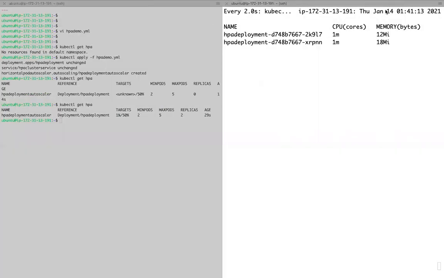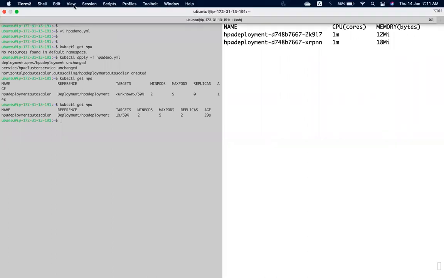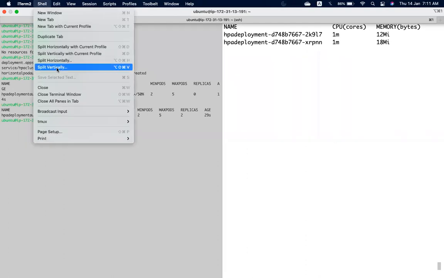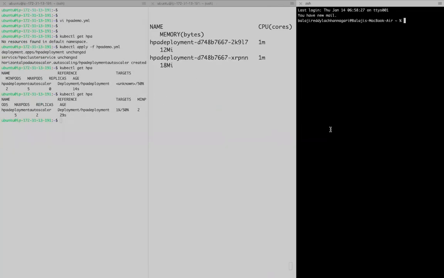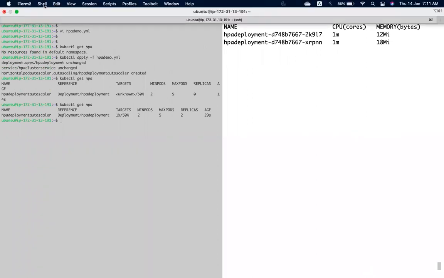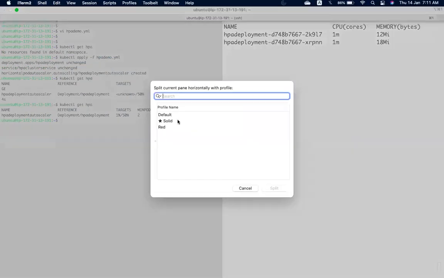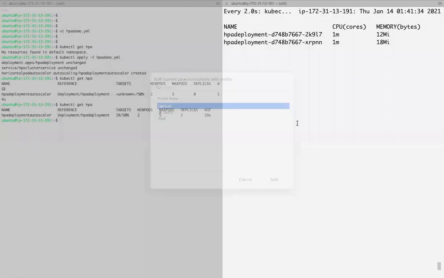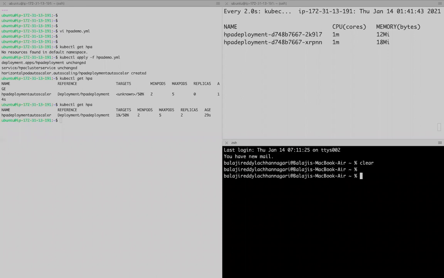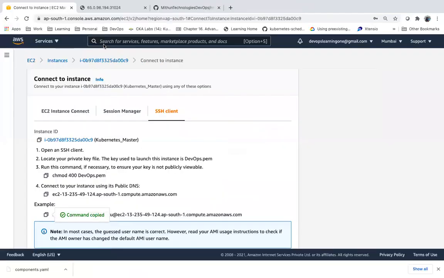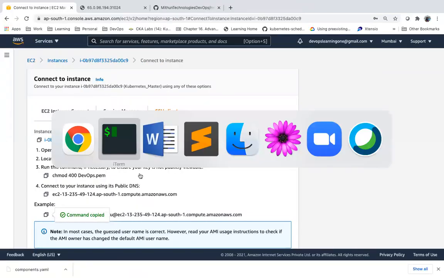So let me open one more tab. Here also I'll connect to master, because I want to show what is happening in the background.